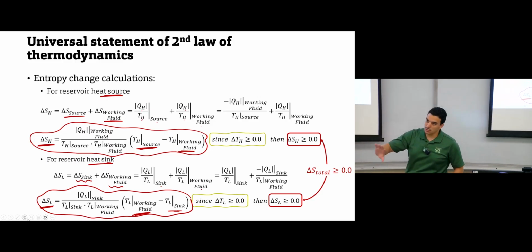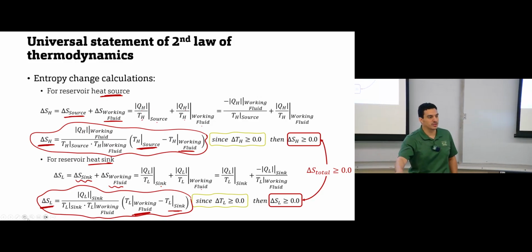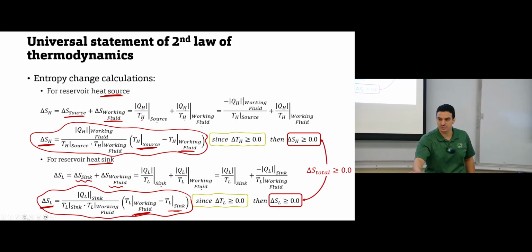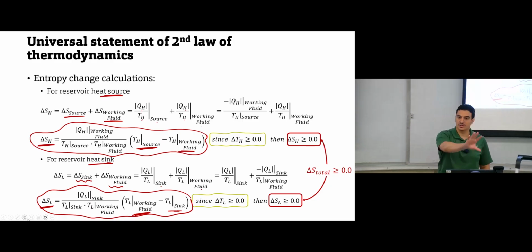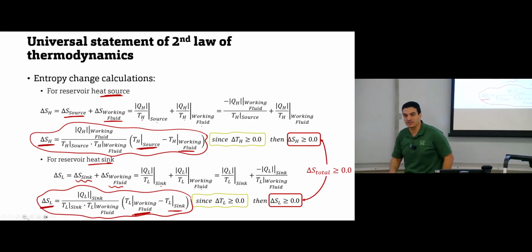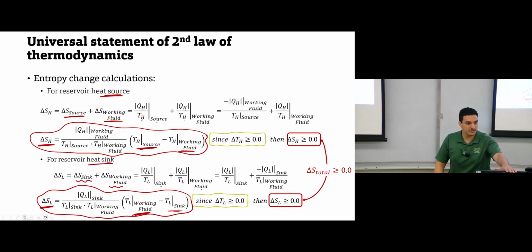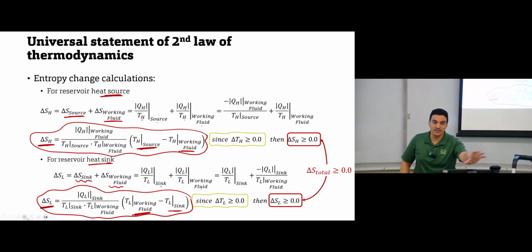So again, so far we defined where entropy came from. It's a property we have for the system, and this entropy is Q over T. Then we analyzed temperature changes for the whole system at the source and at the sink, and we found that the temperature change is positive. If you have the ideal case, the reversible case, delta T will be very small, approximately zero.